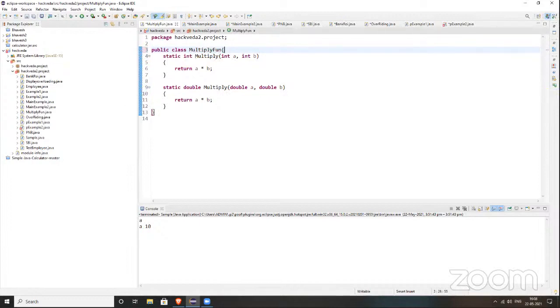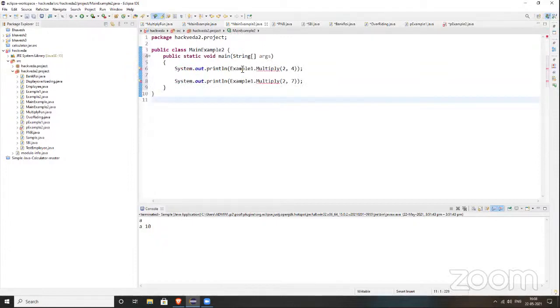I think you changed multiply fun dot multiply, and your class name was example one. You changed the name of the class, but this one was different and the class name was different. But it is giving an error on mine. That's why I'm saying you change the name of this class so that it will work. Now you can see when you were using multiply fun, it was working because that was the name of the class. When you change it to example one, then it will not give any error.